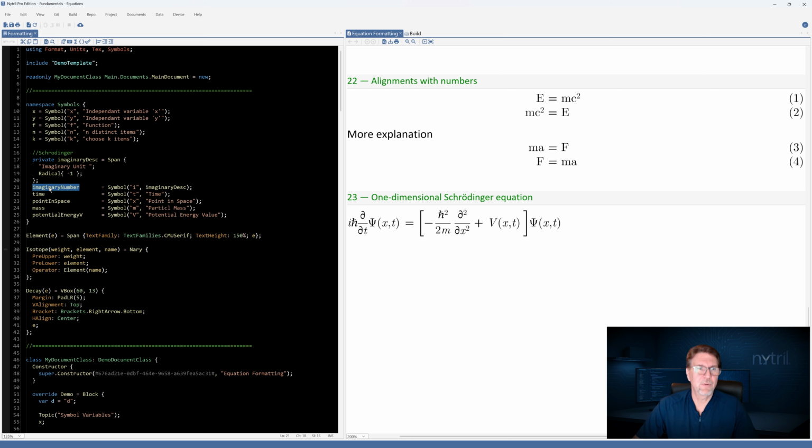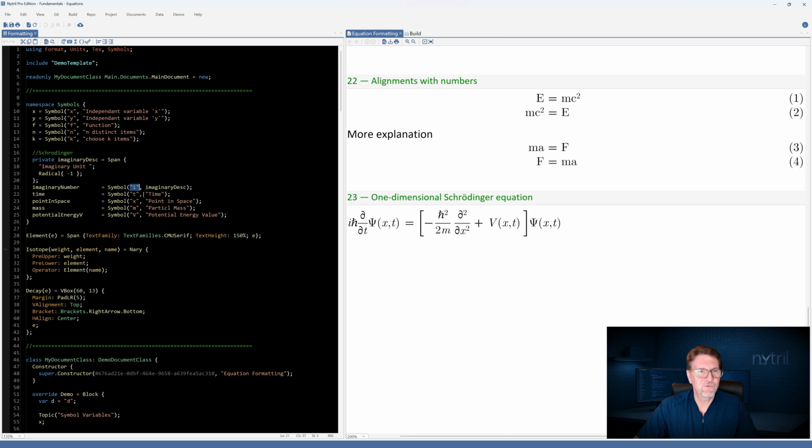So for example, I'm putting together this imaginary number that I'm going to use as an actual variable in the equation, but it's represented as I in the equation. I apologize. We're going to use imaginary number in the code, and I is going to be used in the equation.